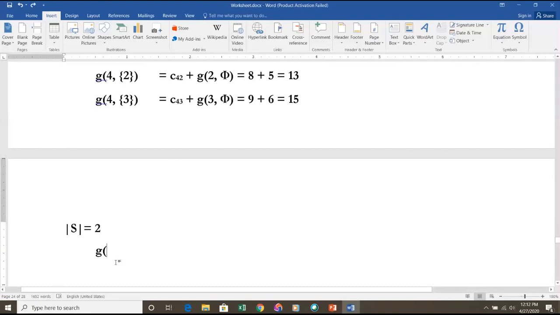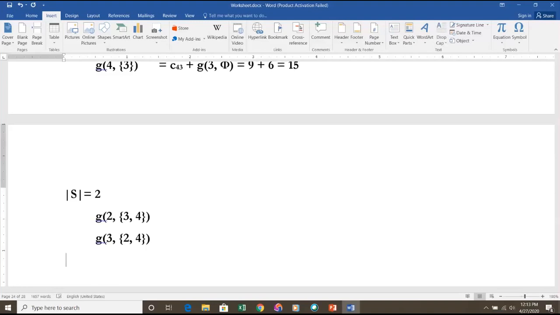Once again, we should not consider vertex number 1. We should consider 2, 3 and 4. So if you start from 2, s should contain two vertices, so the possibilities for s are 3 and 4. If you start from 3, what are the possibilities for s? It is 2 and 4.